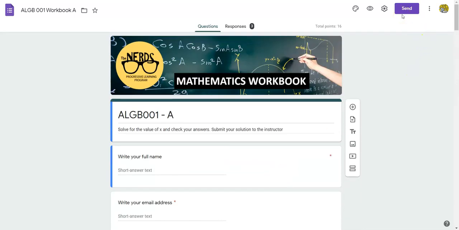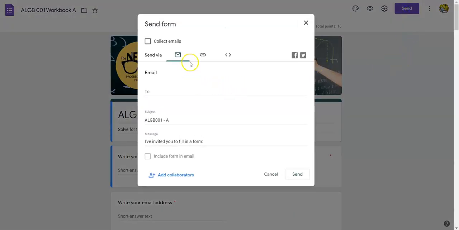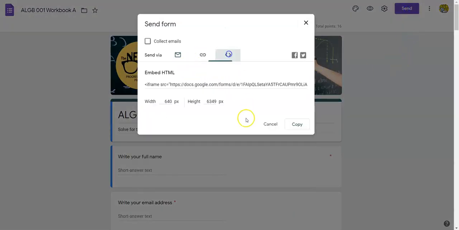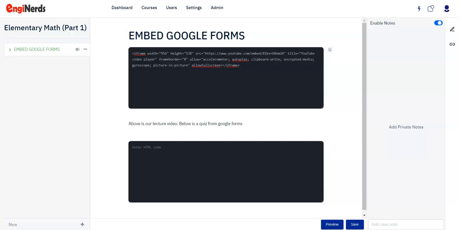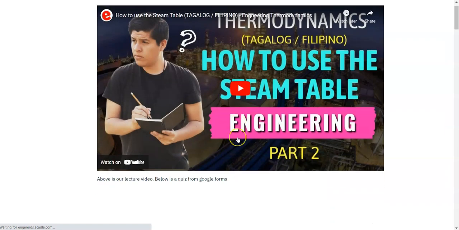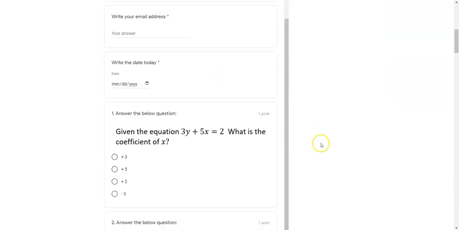video. So first, you have to click this send button right here and then choose this embed icon here. And then copy these codes. Then now go back to your page and paste it here. Save. And now when you preview your form, you can see that the Google form is now below